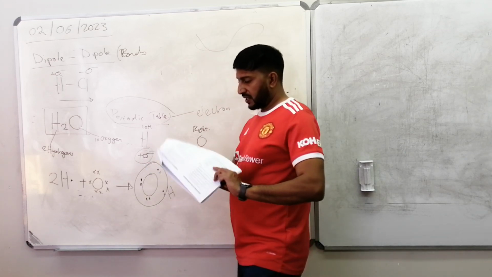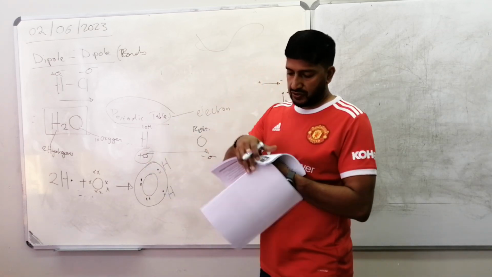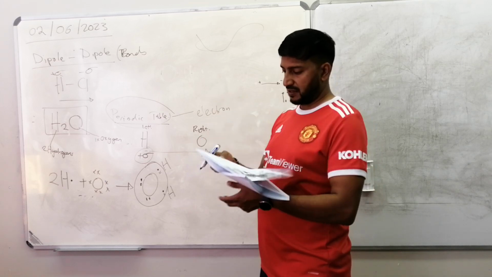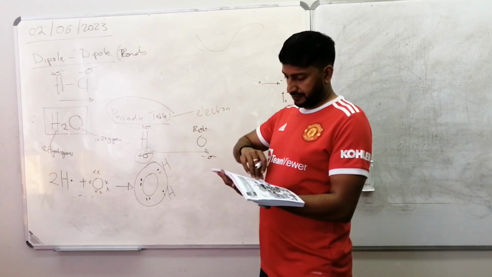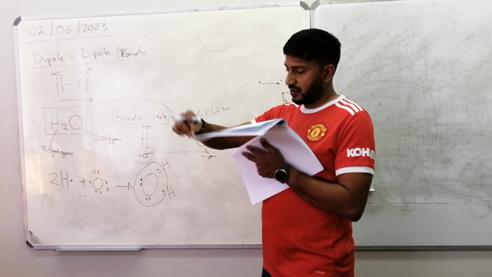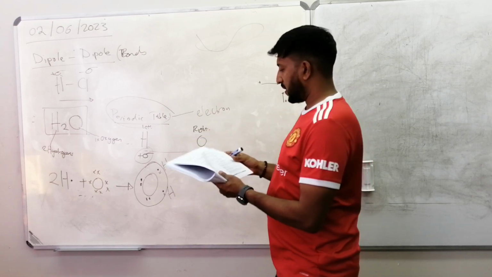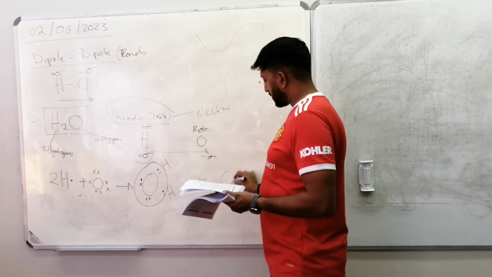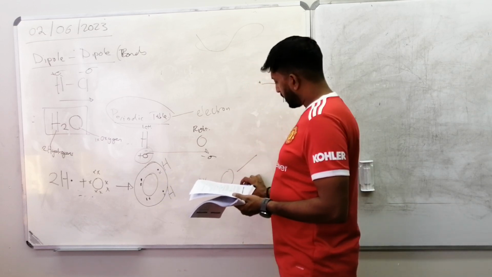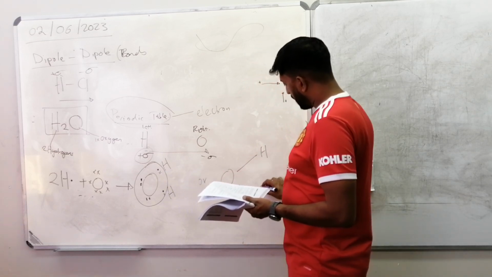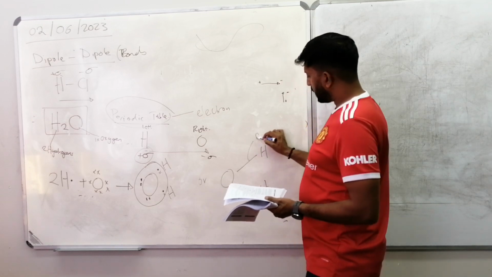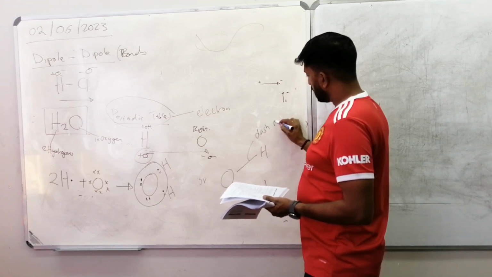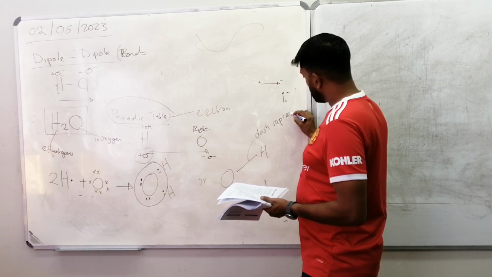That bond can also be shown by dash lines. So the bond can be shown by a dash line. You've got the O here, and it can be done by showing a dash line. Dash line represents,